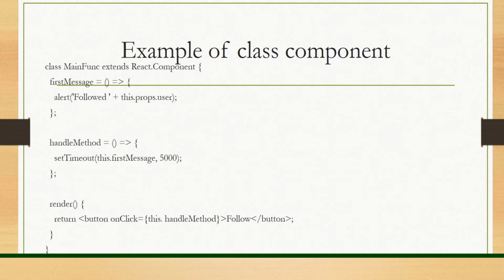Second, let me show you an example of a class component. For example, you are creating a component. The first thing you have to do is name the function, main func, first class, the name of the function, extends React.Component. Inside this we can create any function like this, which I have created, like the first message I have created here, and then the handle method. In a class component, always remember that we will be using this dot, in this case this.firstState. So the this keyword is used in a class component, and then to show the logic on the front end, on the view, we are using the render function. So in a class component we use it like this.